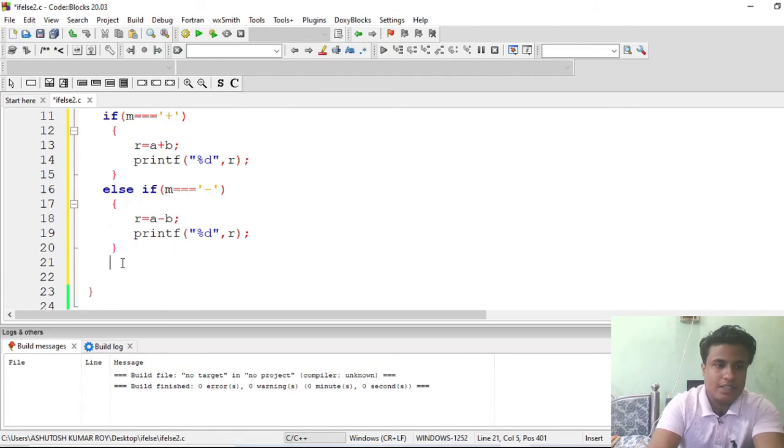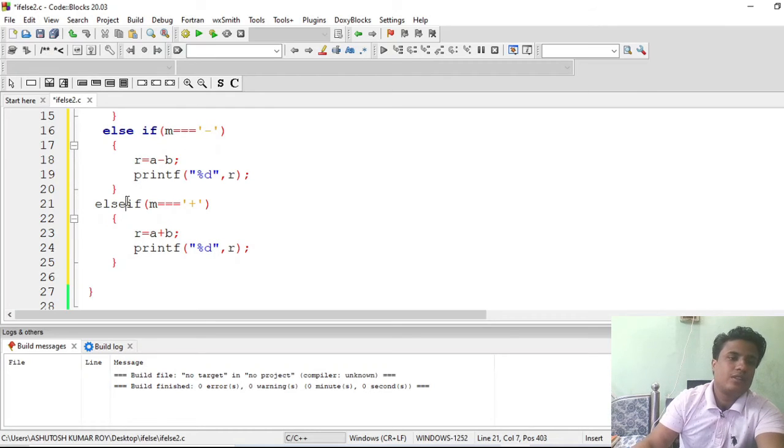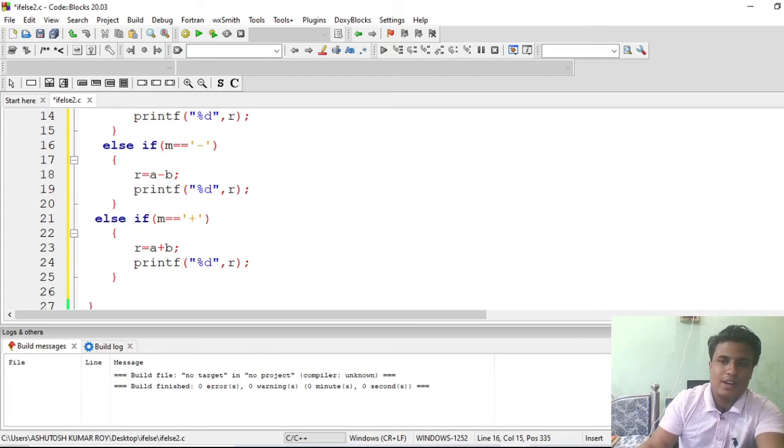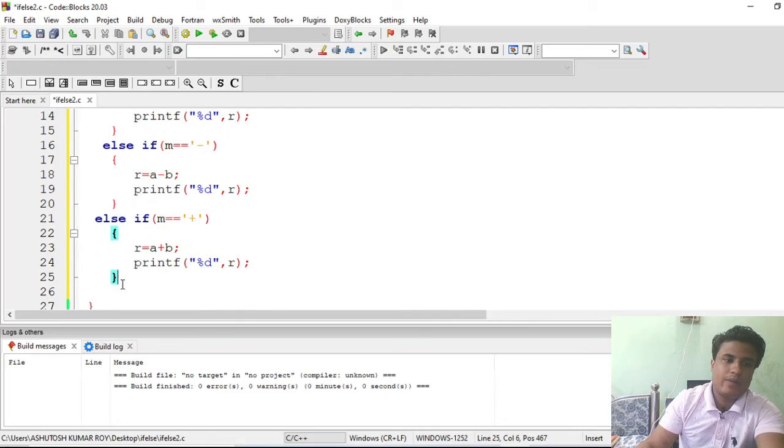And now what could be the next case? Suppose we also want to perform multiplication. So what we'll do, else, space, Control V. Oh, you have used 3 equals here, okay, it will create an error. I might have guessed it, okay, where I was wrong. Now save it again, or it will repeat again. So the third case could be if it is multiplication, and we will multiply a into b, then we return the value.